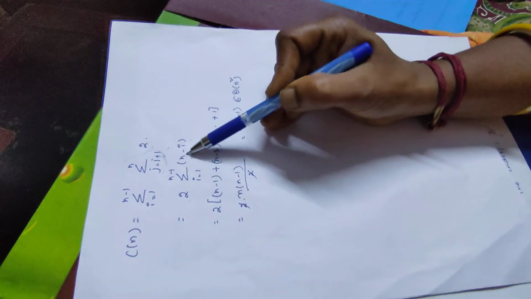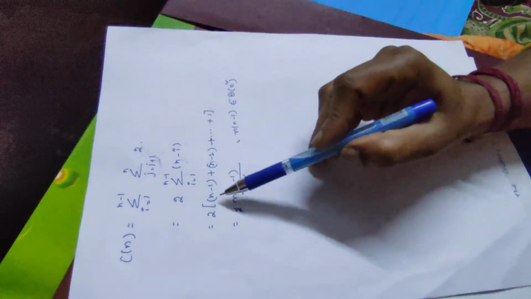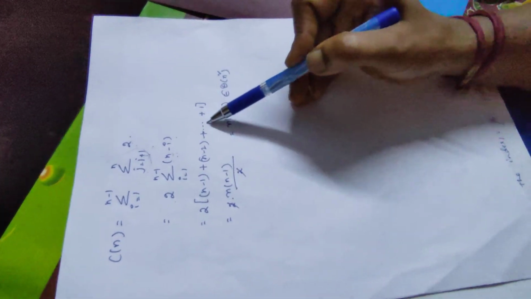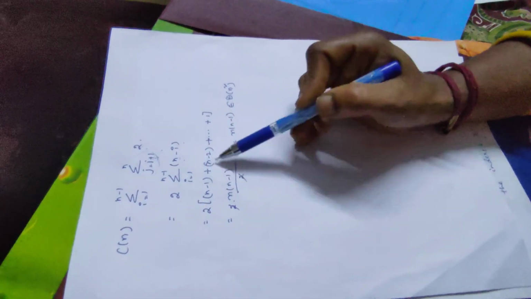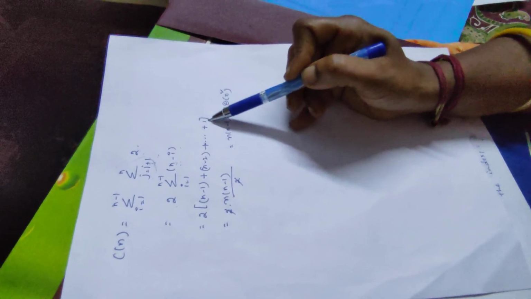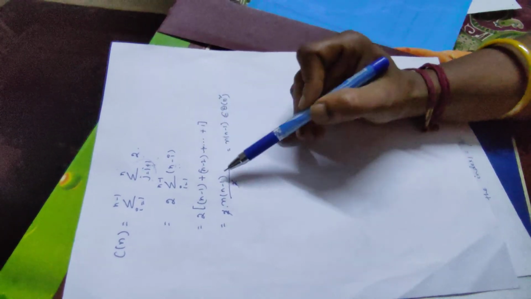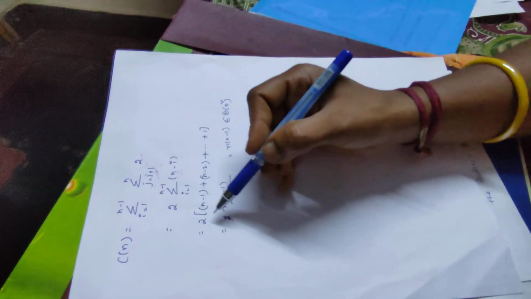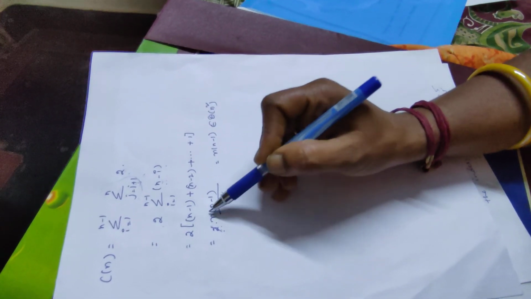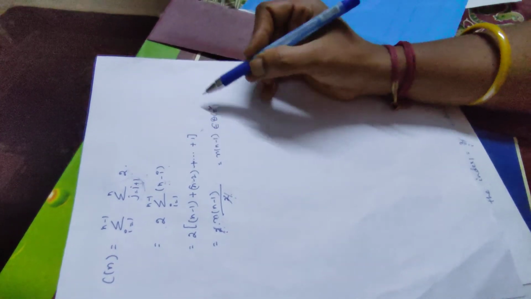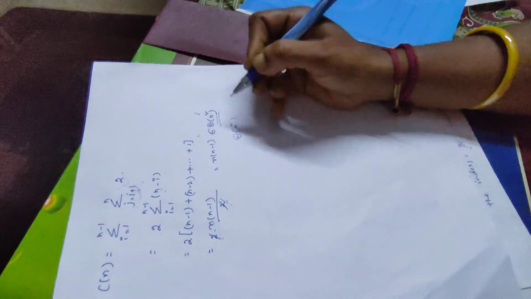Okay, and then you can take what is your n? n is nothing but you can take all your elements from n minus 1 to 0 itself, because n is the last element, right? So see, n minus 1 up to 1 you can take. So simply this is nothing but the summing of n values. So here we have negative terms, you can write here the negative value, and 2 multiplied with n into n minus 1 by 2. So here 2 and 2 get cancelled. Now you get n square minus n as your term. So it is nearer to the n square coefficient, that is theta of n square is your time complexity. Thank you.